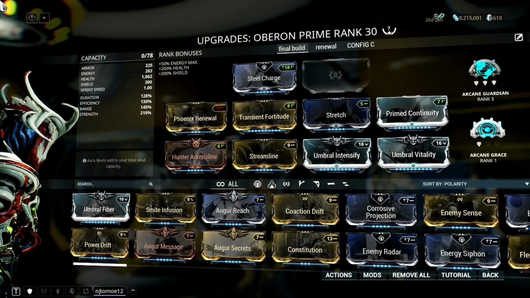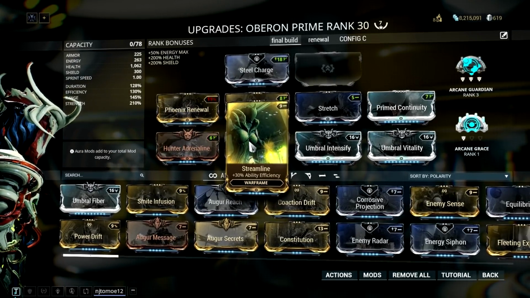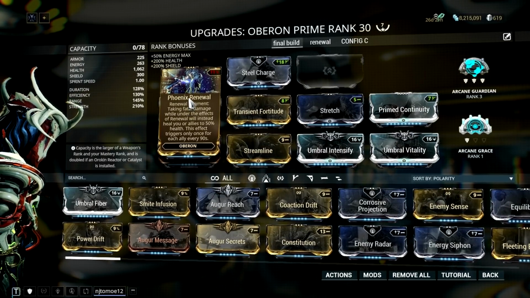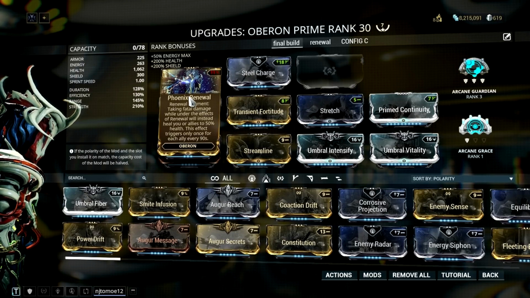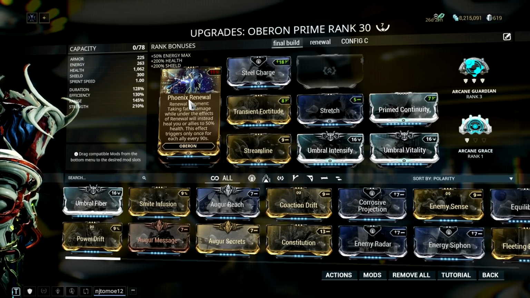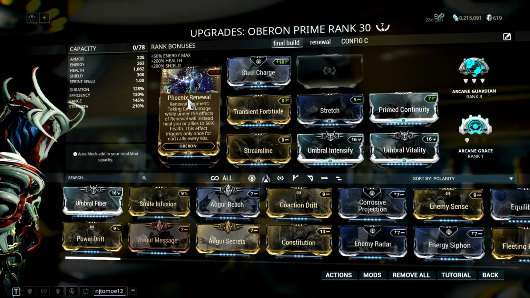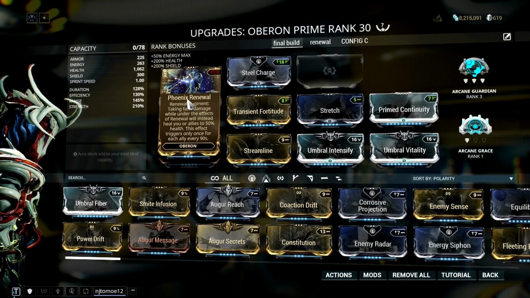I did tweak the build, removing Blind Rage and Umbral Fiber, then replacing those slots with Streamline and Phoenix Renewal. Now, Phoenix Renewal is a personal preference and you can choose to opt out of using this mod. However, I strongly suggest that you try this mod as it serves as a safety net whenever you are in deep waters. It's that kind of option wherein you have one chance to make a mistake and get out to gather yourself. But remember, you only get to commit one mistake every 90 seconds, as the invincibility of this mod